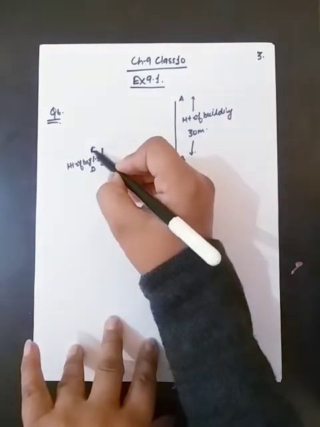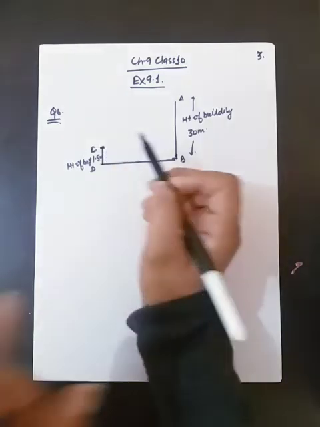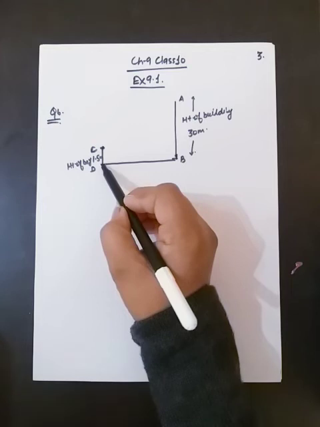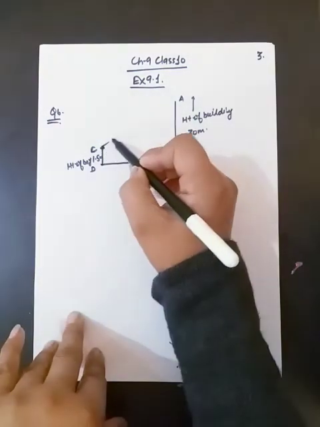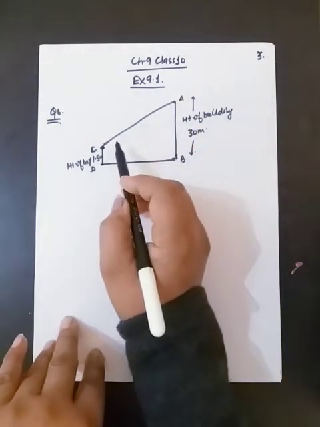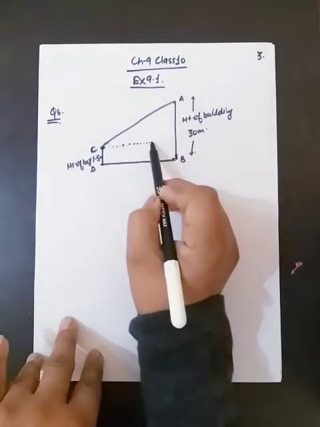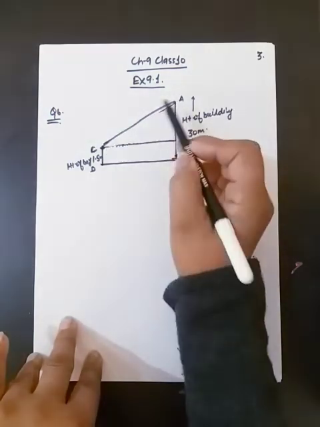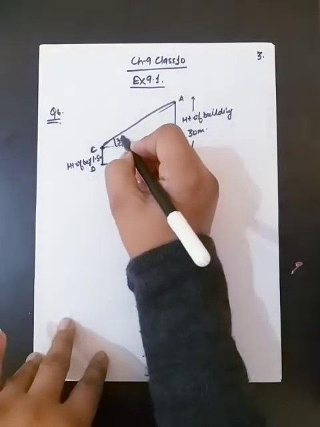Now, the angle of elevation from his eye. Now, eye is at this point because height of boy is given in this question. If the height is not given, then we can take the point on the ground. But height of boy is given. So, angle will start from this point. So, this is the line of sight. And we can draw a line EF. So this is horizontal line and this is line of sight. And angle between line of sight and horizontal line is 30 degree.